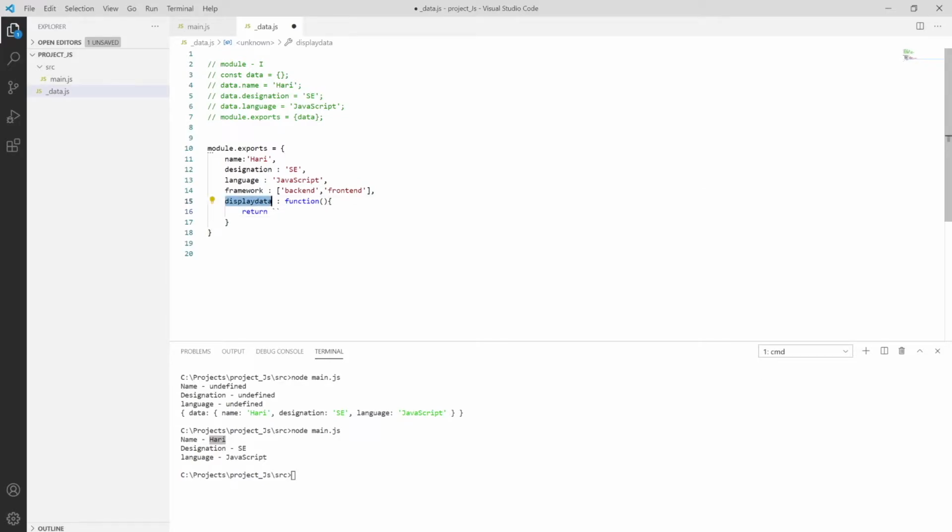I want to return the framework in the format of frontend and backend, so I'm returning with interpolation using dollar and this.framework.